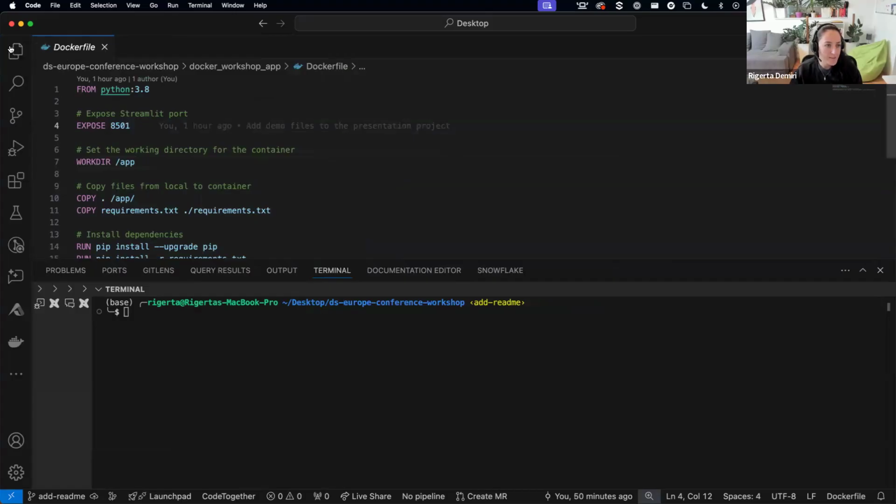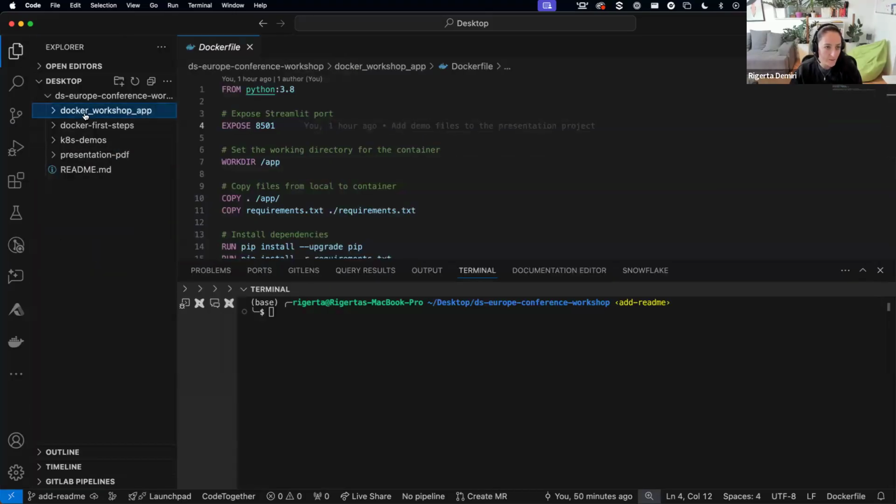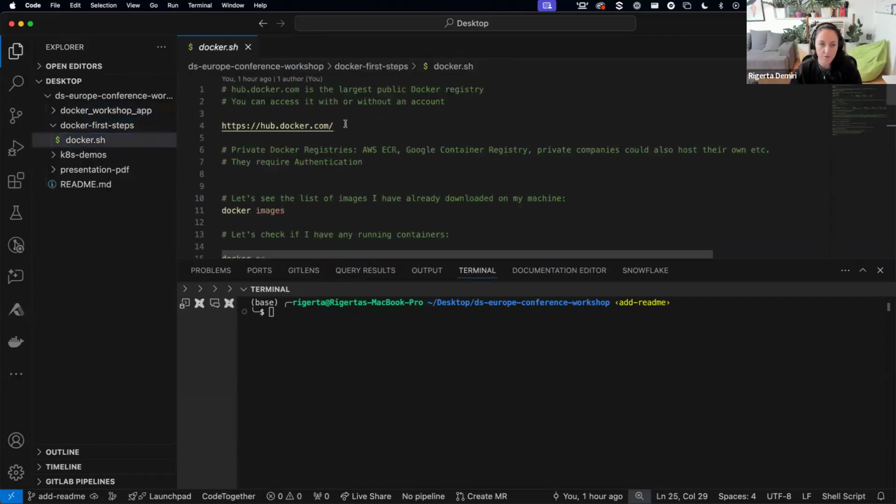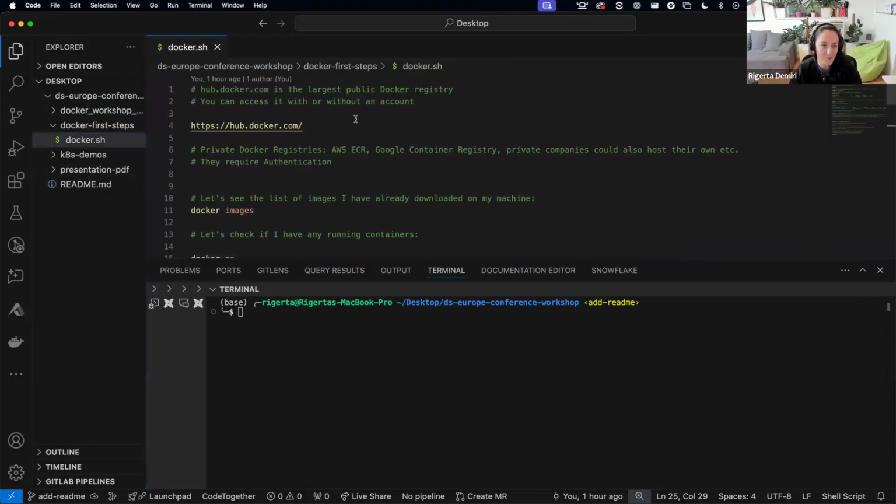What will we do? We will start very, very easy. I am in the Docker First Steps folder, and I will go to the docker.shell. I just wrote the shell file for all of this, but you don't execute all of it. It could be a plain text file. As we said,